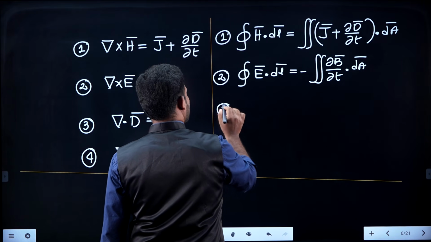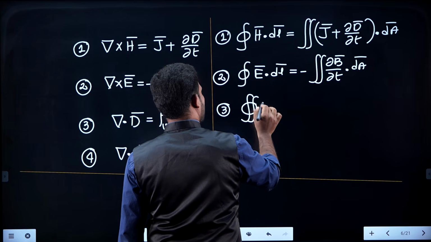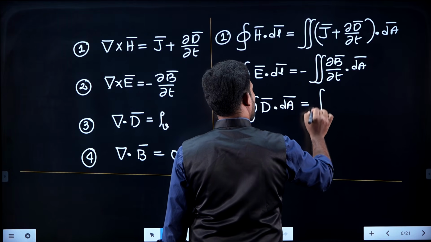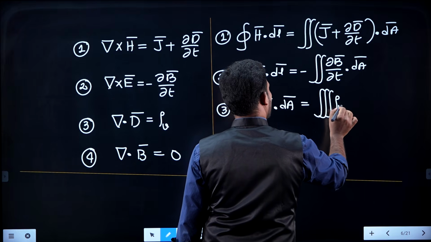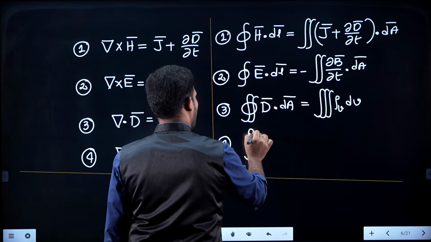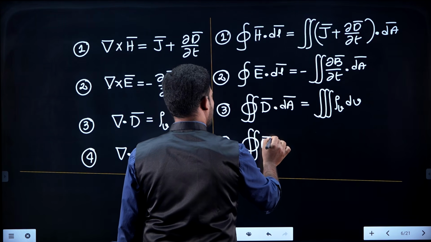Next one is closed surface integral of D dot dA is equal to volume integral of rho V into dV. Next one is closed surface integral of B dot dA